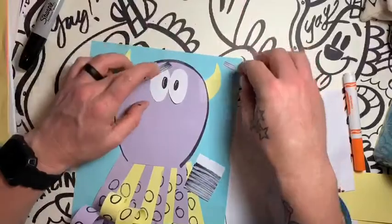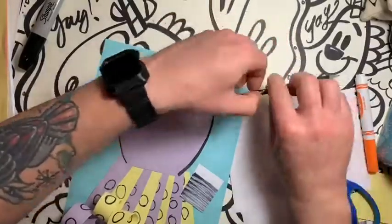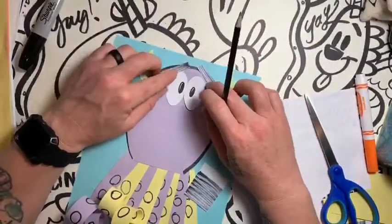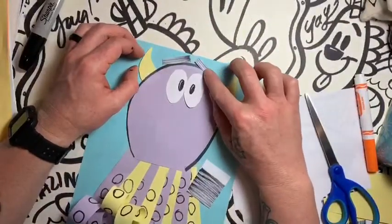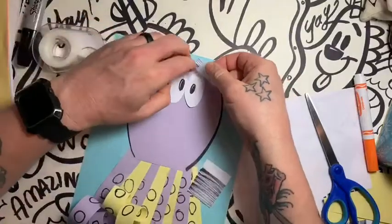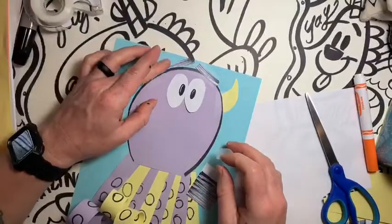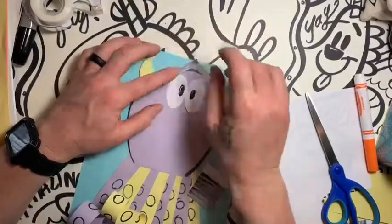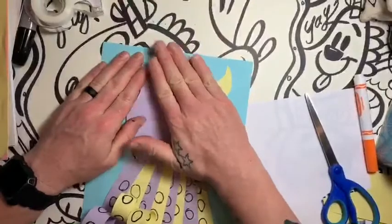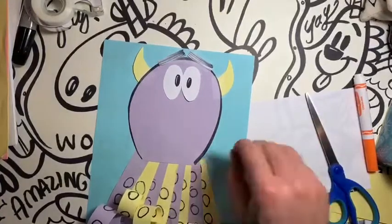And then I take those and I put them, if I can get a hold of it, lift up. Hello. I put those right up here. Okay. And when I get them where I like them to be, which seems fine to me, I'm going to put a piece of tape over each one of those. Just like that. All right. You might need to give it a good tap to make sure that it's down. Now, for your mouth and all that good stuff,